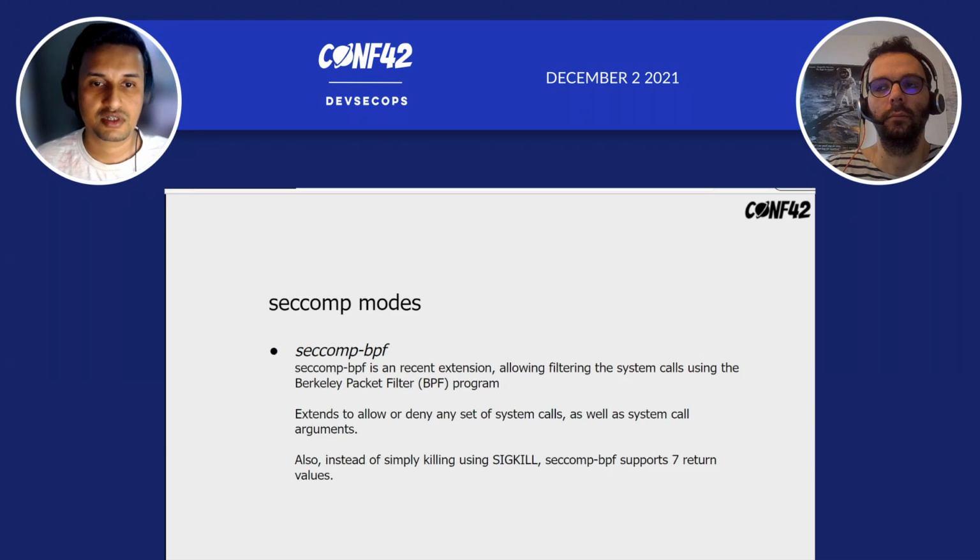And what it did was that you could start filtering out more system calls, more generic system calls in here, and you are not limited to a number of system calls. Also, previously in strict mode, you could just use SIGKILL, but in the later mode you could actually send out multiple return values from your program. So to show you an example in the next slide,